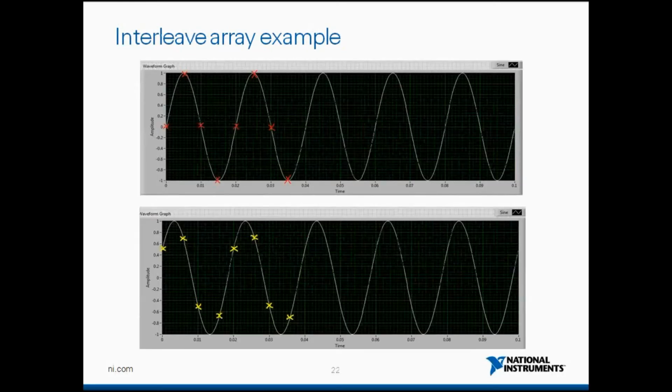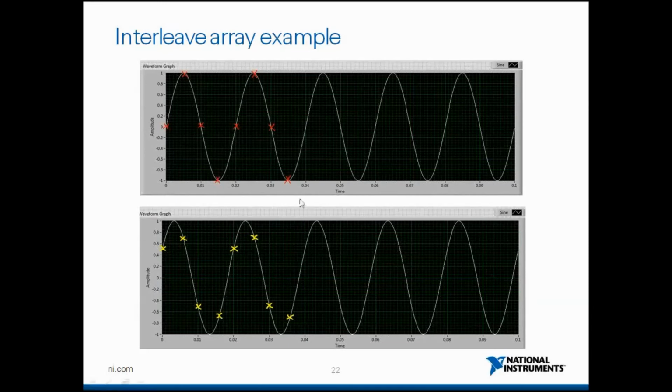Now let's go on to interleaving array. What interleaving array does is, let's assume there is a window that is collecting 8 samples. There is this static window which is taking 8 samples, and in the background there is this waveform which is continuously moving. First you take 8 samples. These 8 samples will form one array with 8 data points.